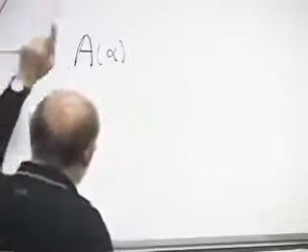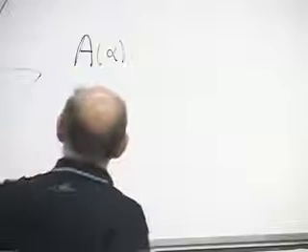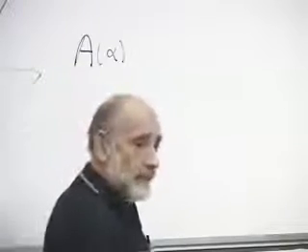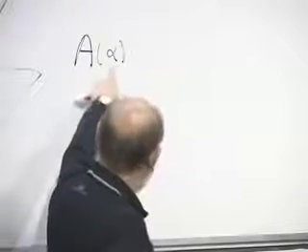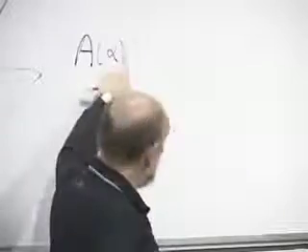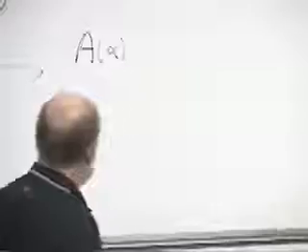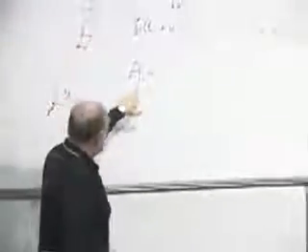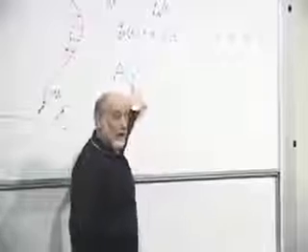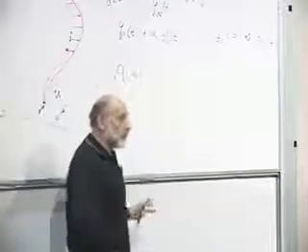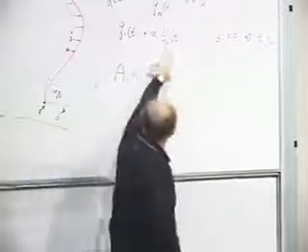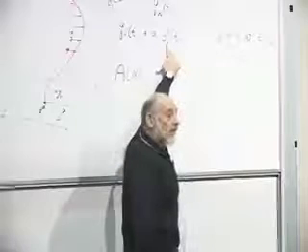Well, let's suppose we know that the action is minimized for the true trajectory. The true trajectory corresponds to alpha equals 0. That's unshifted, completely unshifted. It says that A of alpha is minimized at alpha equals 0. That's what the principle of least action says. In fact, it says it for every possible collection of functions fi.